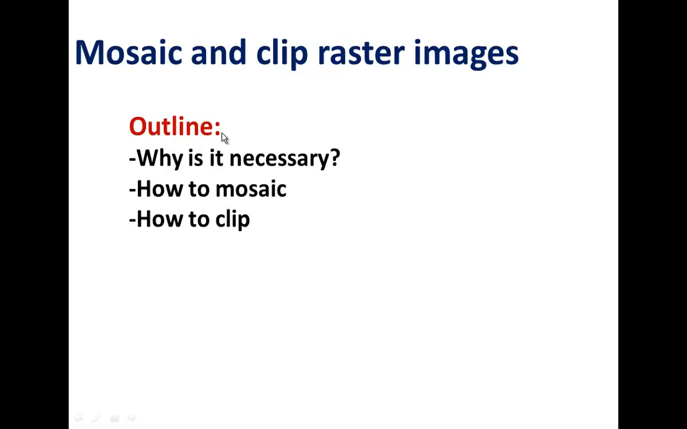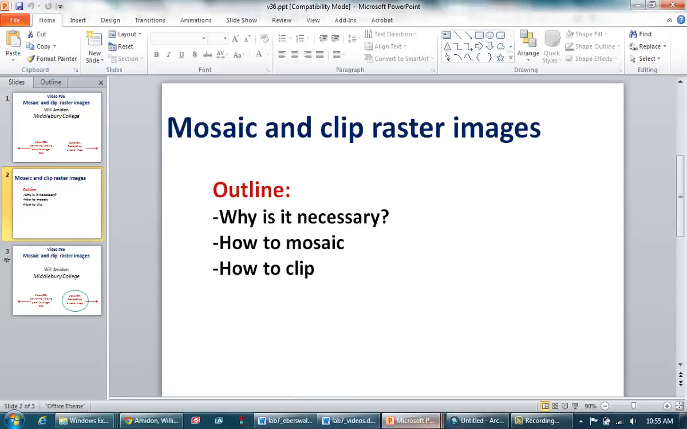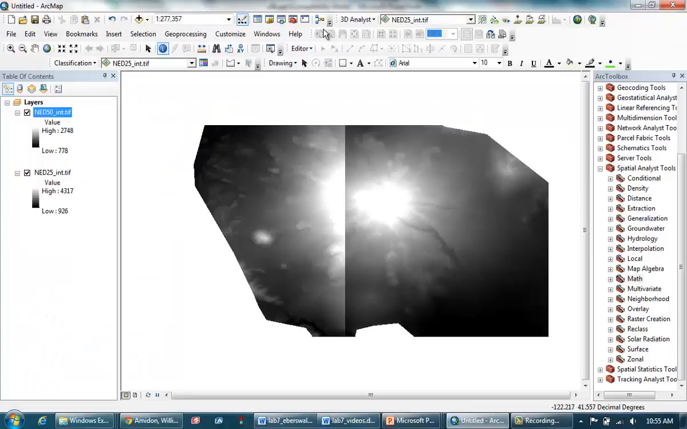So as I just said, mosaicing can be necessary when you have two or more files that you'd like to display as one. And clipping can be necessary if you want to trim your file to only analyze a certain area. So before we get started, I just want to make sure that you've all